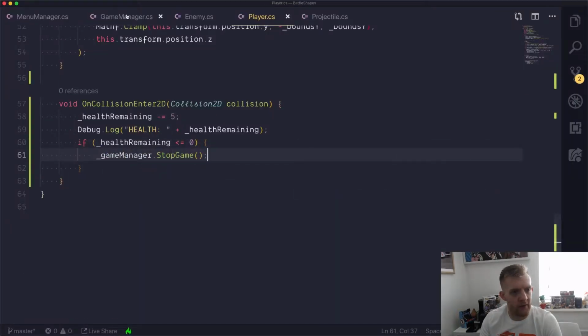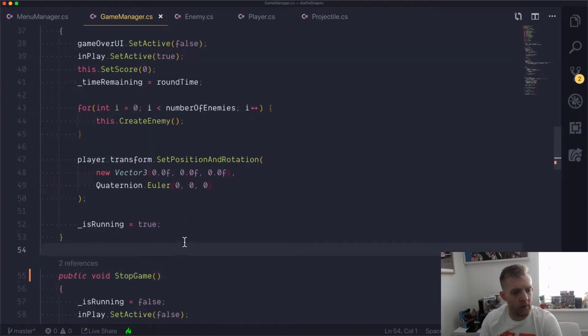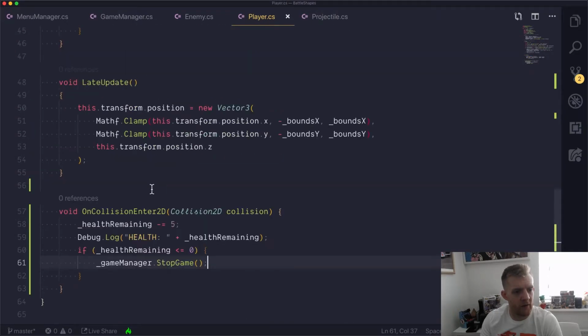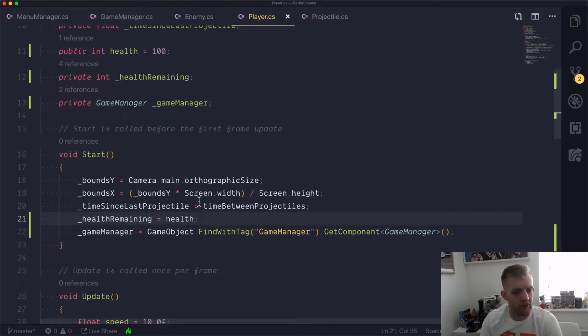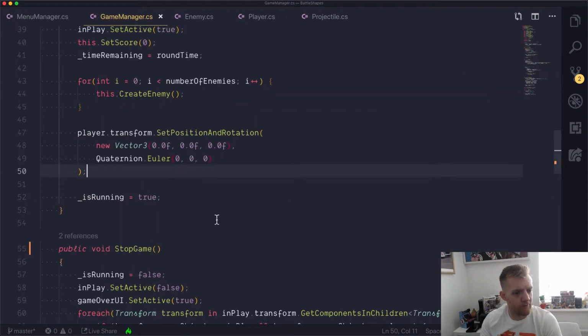So in our game manager, where we have this start and stop, where we're setting and resetting things, we are not actually destroying the player object, we're just resetting it. So that means that in here we need a way to effectively restart our health, reset it to the public variable up here. We have a reference to that in our game manager,